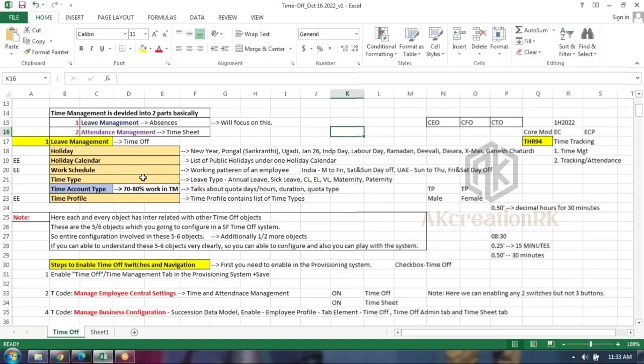Again, you guys had a question. Sir, in case my customer has operations in multiple countries for time management, then you have to create a separate holiday calendar for each country. But one thing you need to remember, guys: in case any holiday is common, a global holiday, you can use any calendar. Country specific holiday, you can use it only for one country. That logic you have to remember. I'll show you practically, no need to worry.